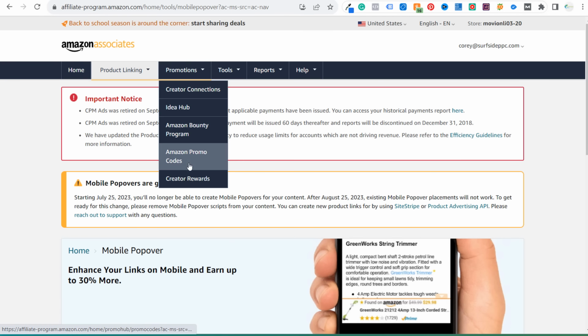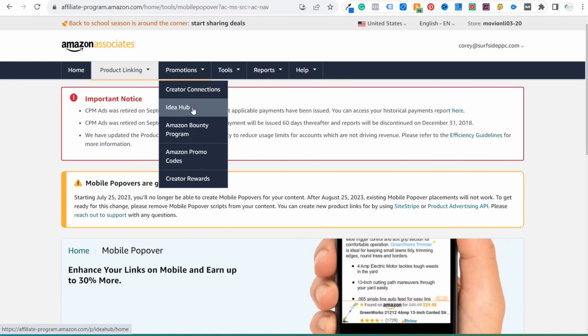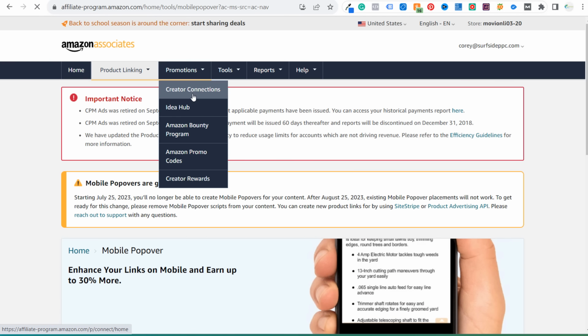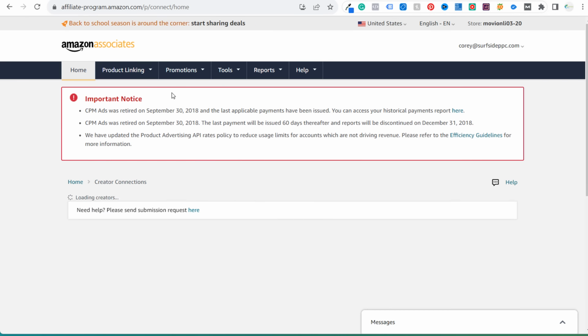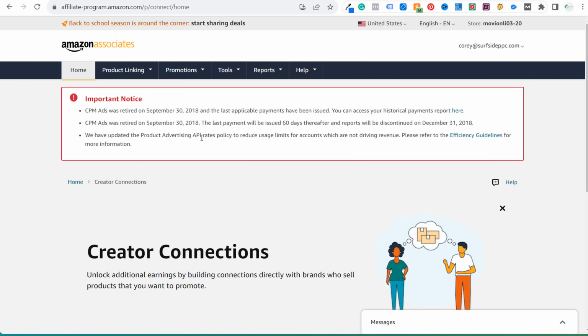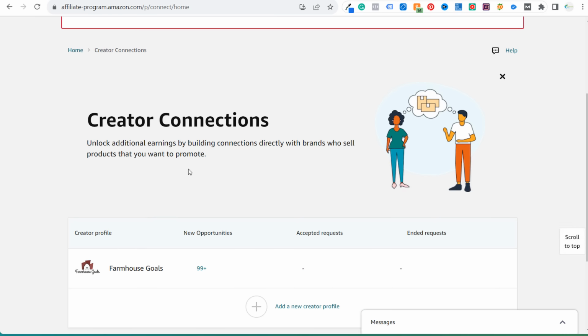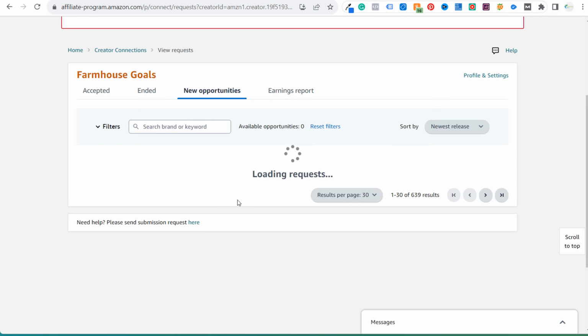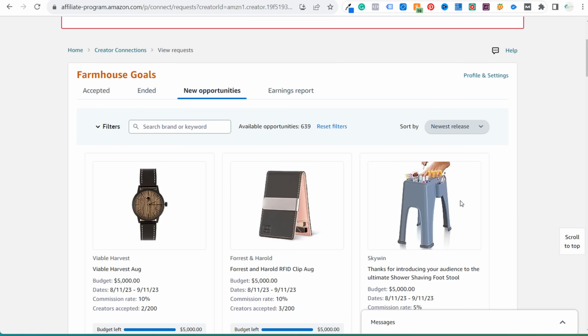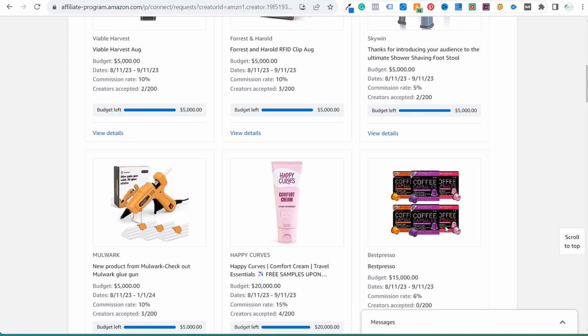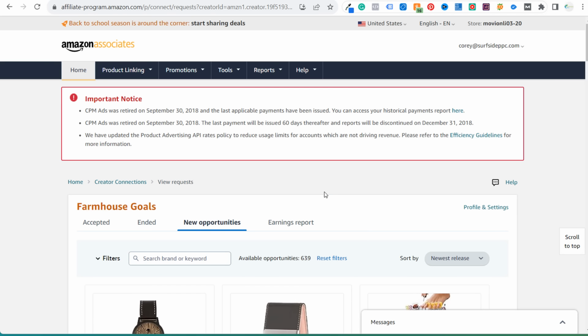There's promotions over here. So different Amazon promo codes, the bounty program, Idea Hub, creator connections. I don't use promotions all that often either. So this isn't something that I'm using a ton of, but what you could do is create a creator profile. They give us a bunch of different opportunities of different types of products we can promote. Now, a lot of these are not really relevant to me, so not something I'm going to be doing, but